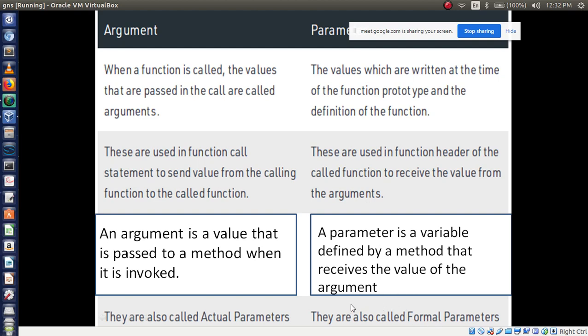Sometimes they may ask, explain actual and formal parameters with an example. If they ask a question like this, you just write the previous example, that's it. You are using a formal parameter and also an actual parameter. Is that clear? Three types of questions may be asked in this concept: explain actual and formal parameters, or the difference between actual and formal parameters, or explain the concept of parameters.